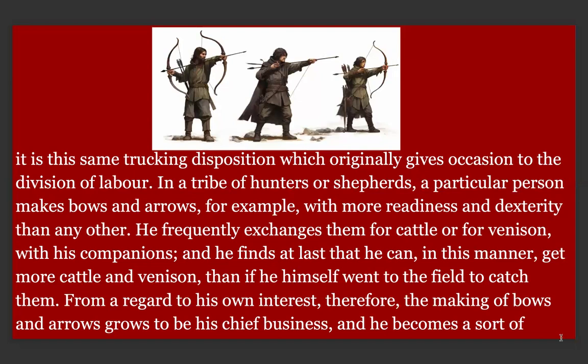There's a sentence here that you can't see, but basically he's saying, how is it that someone specializes in building bows and arrows, right? So there's someone who's a little bit better. We're going to get into this issue right now. Is it nature or nurture? Adam Smith's going to say it's basically nurture. It's not that we're born very different. We're all pretty much the same, he's saying, just with small differences. So there's someone that is a little bit better, right?